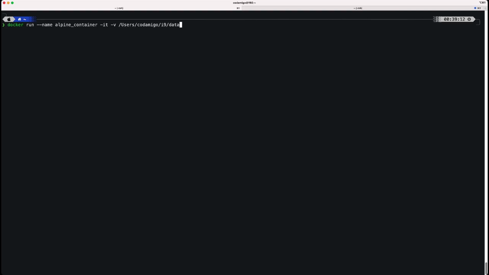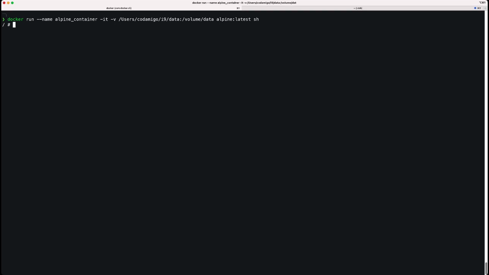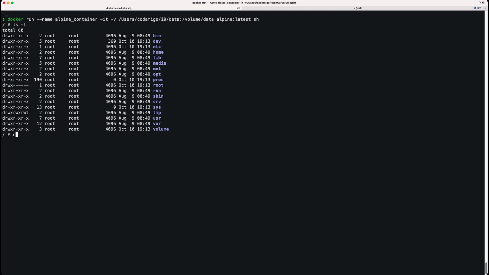So this is the folder that exists on my local machine, on my host machine. Actually, the data folder inside the i9 folder does not exist, but don't worry, Docker is going to create that folder for us. The volume/data also does not exist, so Docker is going to create that as well for us. And that's it. If I enter, I am inside the container. You will see that there is a volume folder already created for us. Let me go inside